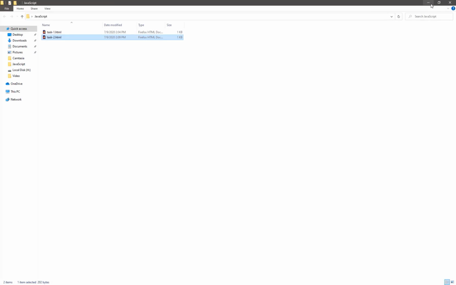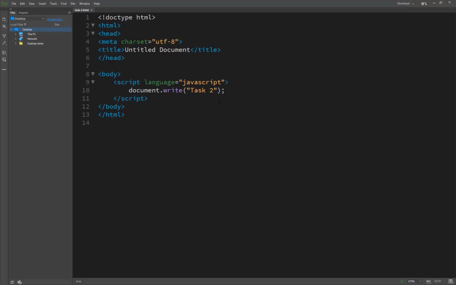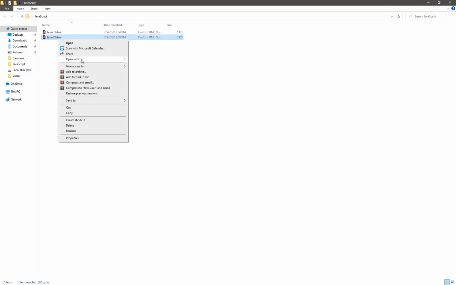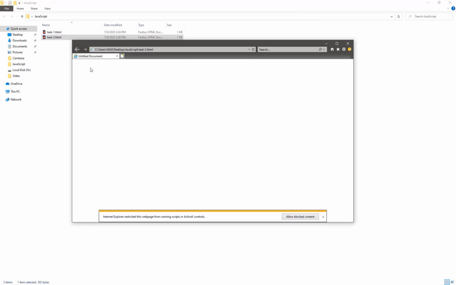So here it printed task 2. It's not hiding, basically. Why? Because our Firefox can easily understand this is JavaScript, and Firefox is a JavaScript-enabled browser, so that's why it's not working. But if we try something like Internet Explorer, it blocks the JavaScript code by default. So that's why you can see here it allows the blocked content, and then it's showing on our screen.